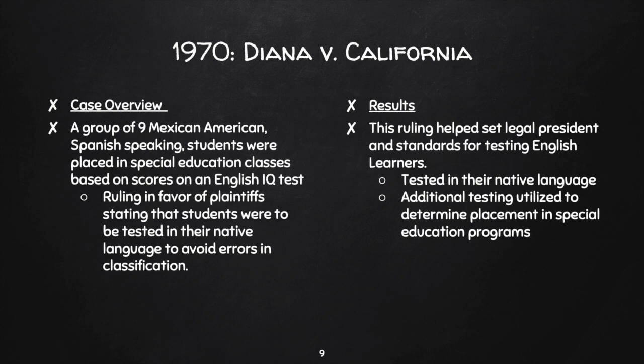It's very important when you're testing English learners for the possibility of receiving special ed services or not, to be very thorough with your testing. If an English learner is placed in a special education classroom and they shouldn't be in there, if they are wrongfully classified, they will actually begin to regress in their language ability as well as their academic achievement. So they will start to fall behind because they're not placed in the correct classroom. So this is why it's really, really important to understand that this case set this precedent.